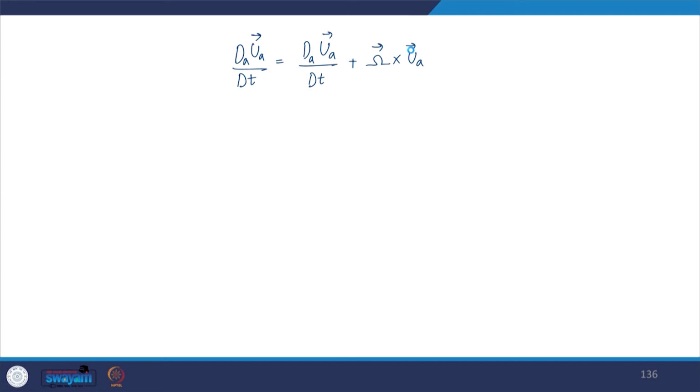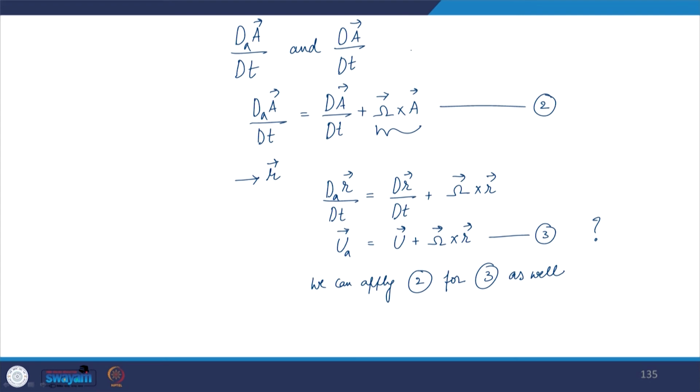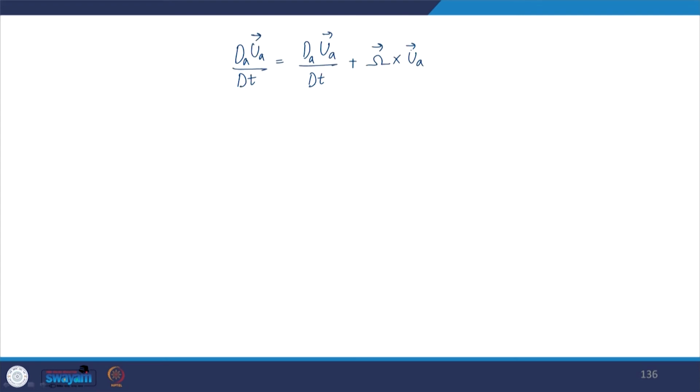Now, using equation 3 in the above expression, we can write dA ua by dt is equals to